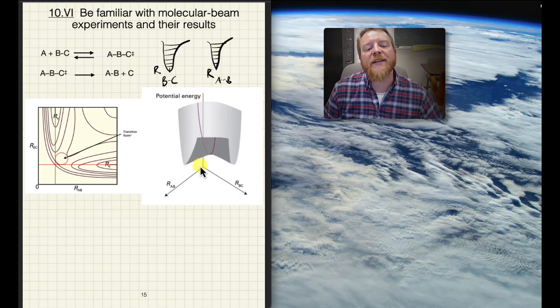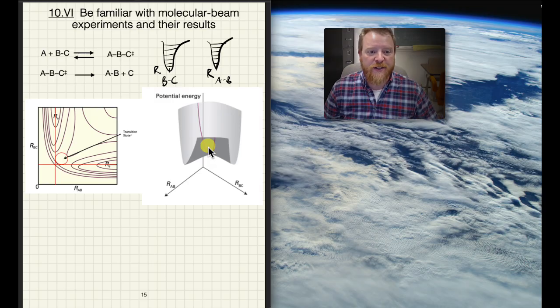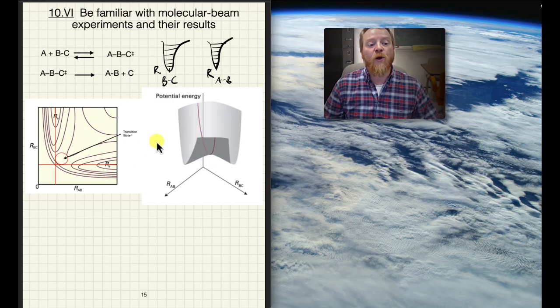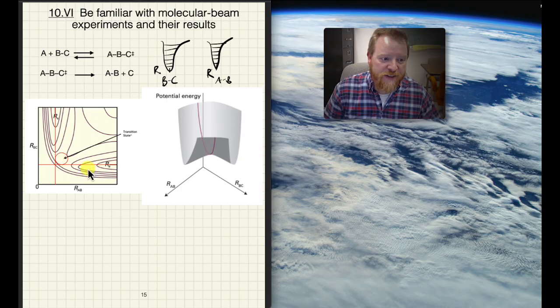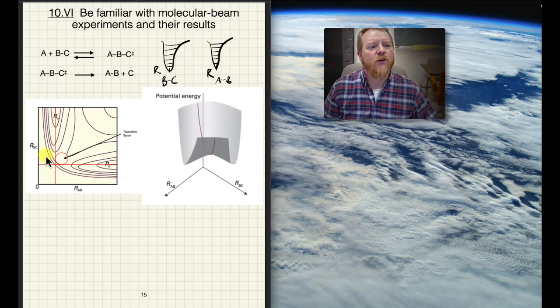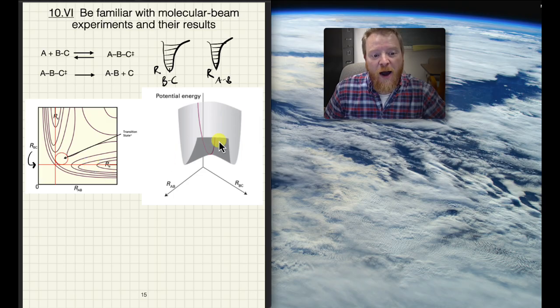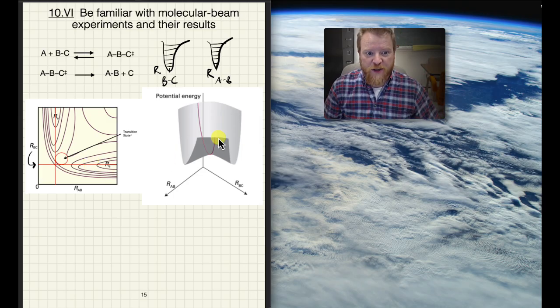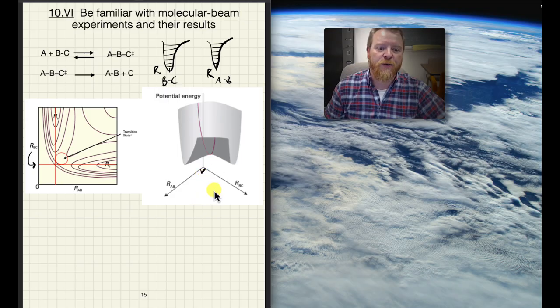Now when we put them together in this way, we can start to think of how this A molecule will enter the potential energy surface, make its way through the transition state, and come back out as a product. If we look on this y-axis here, R_BC, and the line indicated, that line indicates the minimum bond energy. I know it's hard to imagine this thing, but this is a topography map of these two potential energy surfaces put together at this 90-degree angle. So this would be for a 90-degree collision.